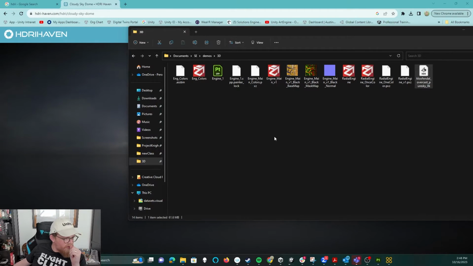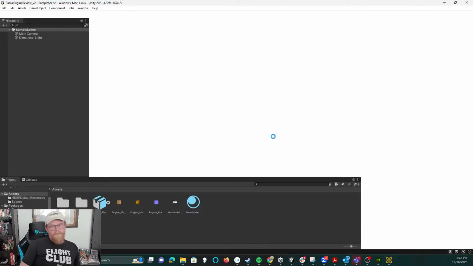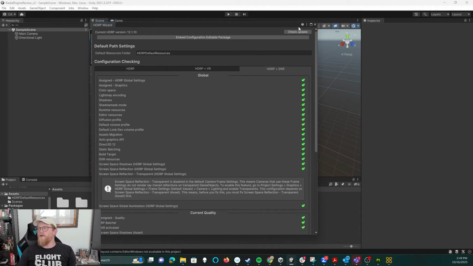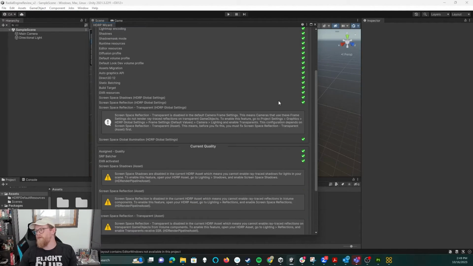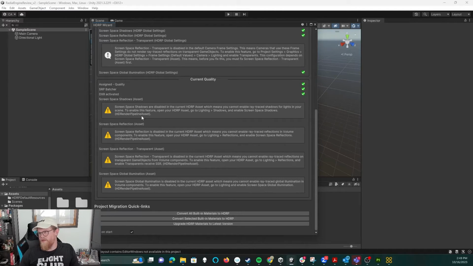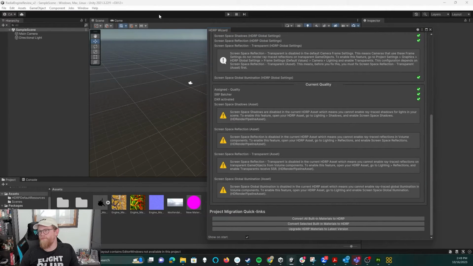Okay, so the initial asset database refresh is happening as we speak. At this point, we're about 2 minutes in on the HDRP loading, and it should not take much longer. So hopefully we'll get through this imminently. And we're off. Okay, we're in a good way. So everything is green. It does say here screen space shadows. Okay, so a few things in here. I can go into my project settings,